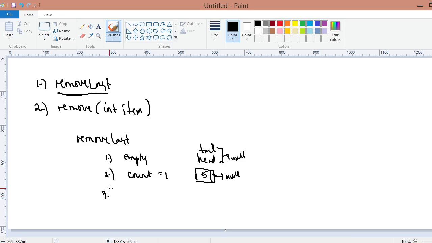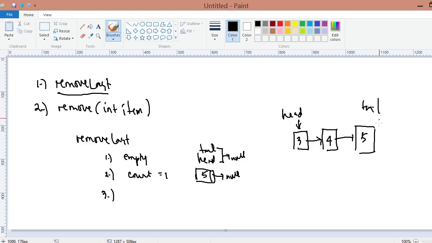So that is if we have only one node for our list. The third possibility is we have two or more nodes, such as this one. For example, you have these lists, so example 3, 4, 5. Head points to this first node, and we have the tail here.